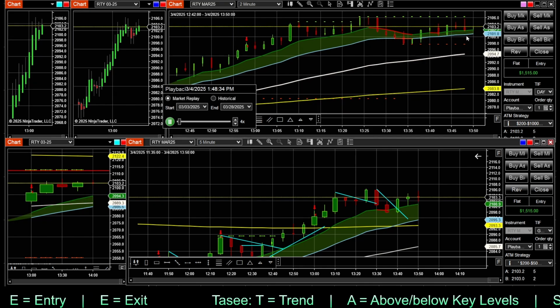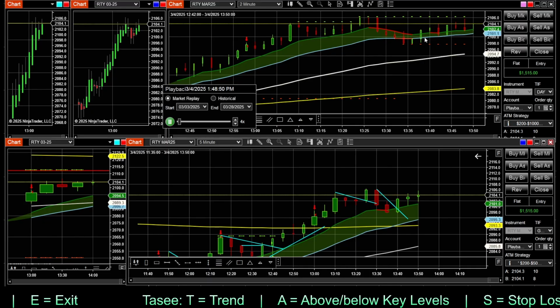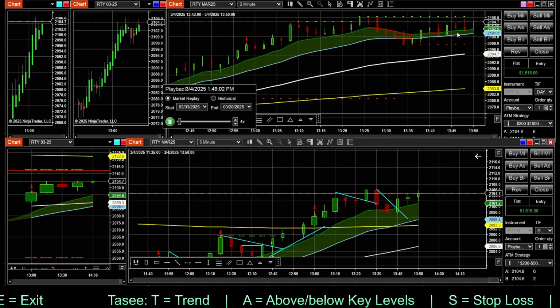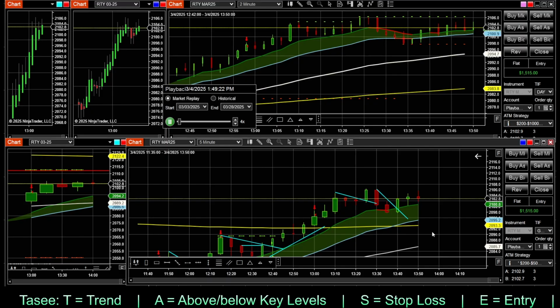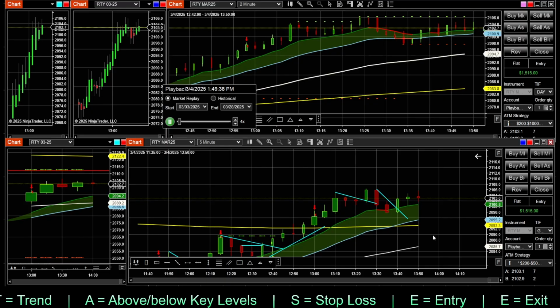Our 2 minutes still showing a skinny flat cloud. And look at the ratio on this: green, green, red, red, green. It's just not going to be safe for our low stop loss that we have here. So